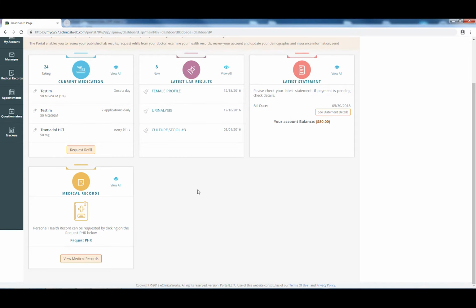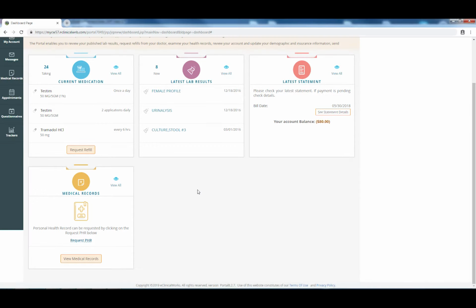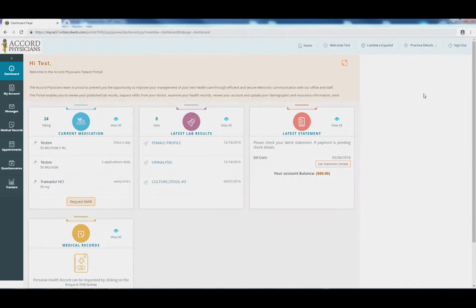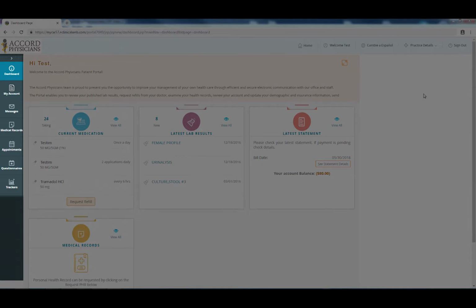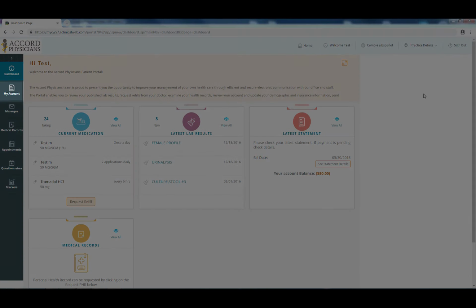Below that, you will see notification boxes that may show your medical records or current medication for quick reference, depending on what information you have available on Patient Portal. These boxes contain buttons that would bring you to another page if you would like more details on what they say. To the left of the page, there's a sidebar with drop-down tabs that would take you to your medical records, account settings, messages, appointments, questionnaires, and health tracker page.